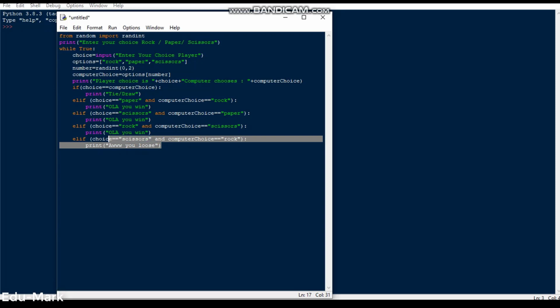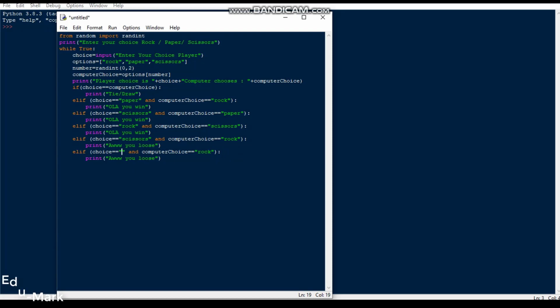After giving these 7 conditions, that is 1 draw and 6 winning and losing conditions, we will give the else part. The else part is not restricted to conditions; in case none of the conditions is satisfied, it will be executed.